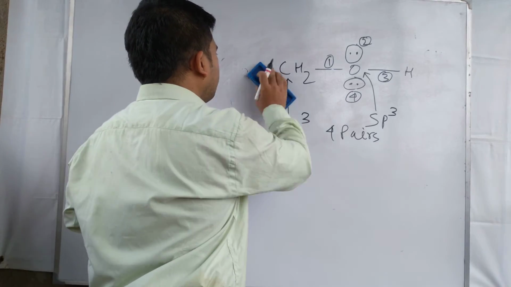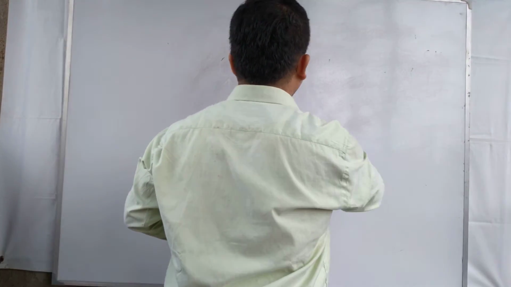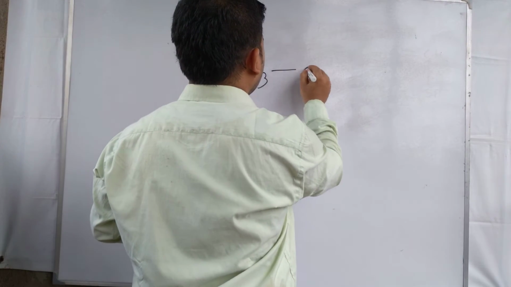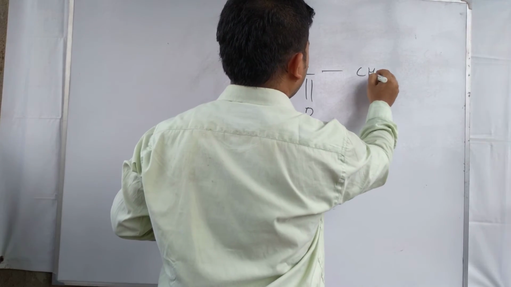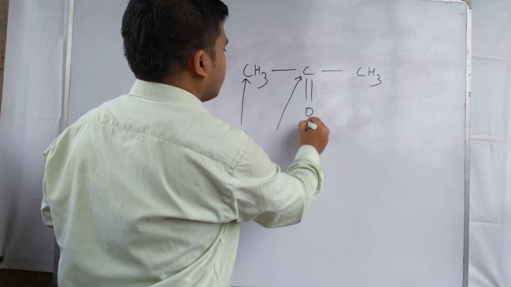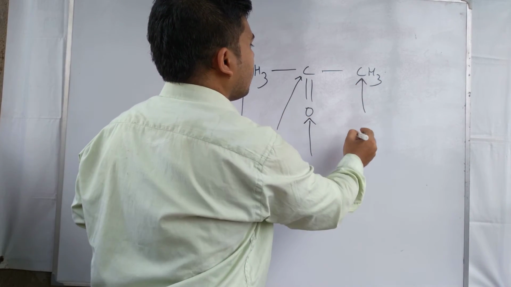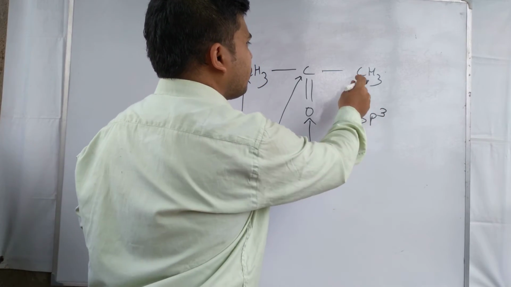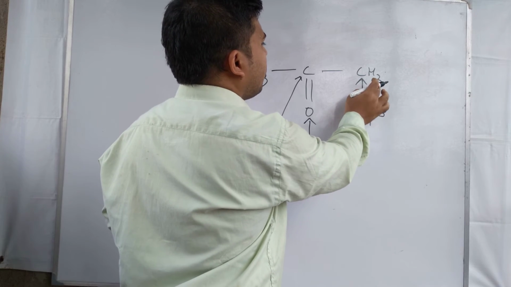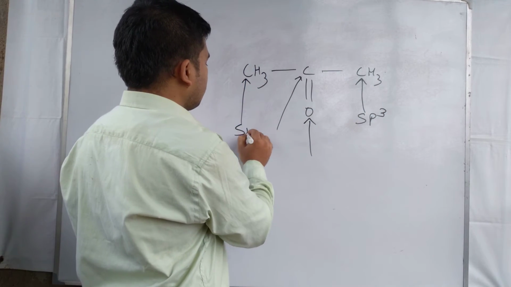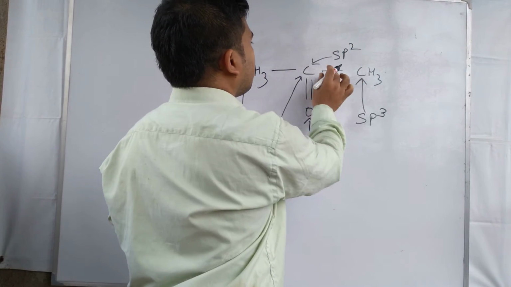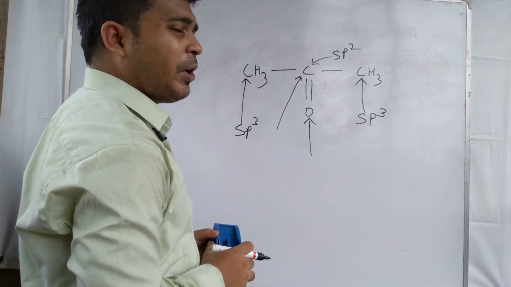Let us see another example where we have to find out the hybridization of carbon and oxygen. For example, CH3COCH3. For this molecule we have to find the hybridization of each carbon and the oxygen. This carbon is sp3 hybridized, because looking at the total number of bond pairs and lone pairs, no lone pair is present and the total number of bond pairs is 4. This is also an sp3 hybridized carbon, and this carbon is sp2 hybridized, because 2 plus 1, so a total of 3 pairs are present.